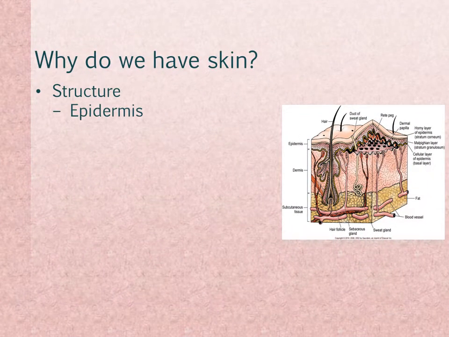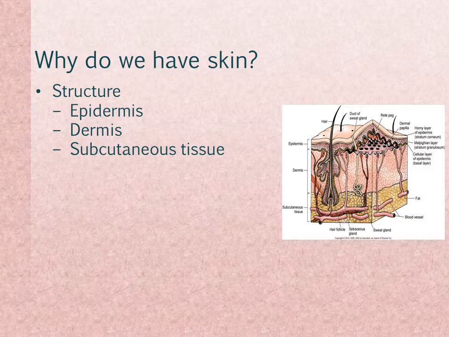Why do we have skin? The skin is the largest organ of the body. The structure of the skin consists of epidermis, the dermis, and subcutaneous fat. Each layer has unique properties that contribute to the skin's ability to maintain its complex functions. These functions are: